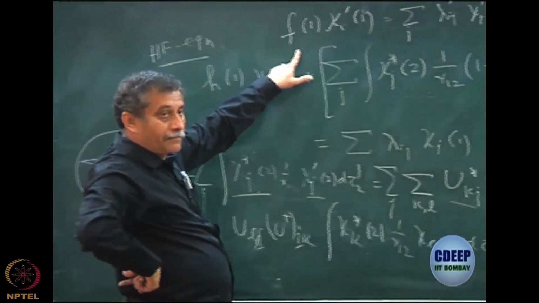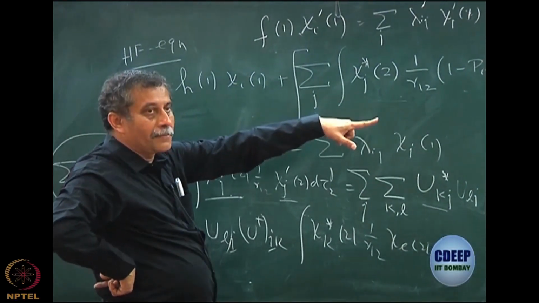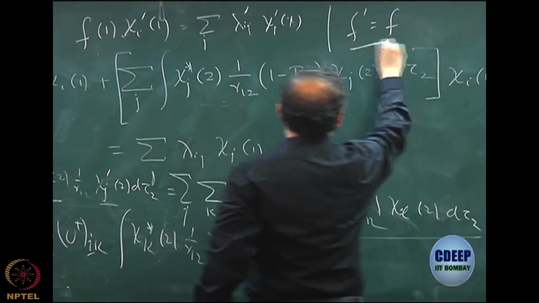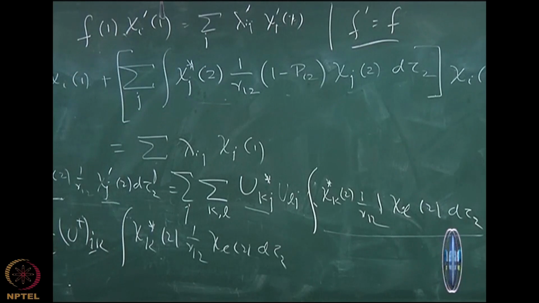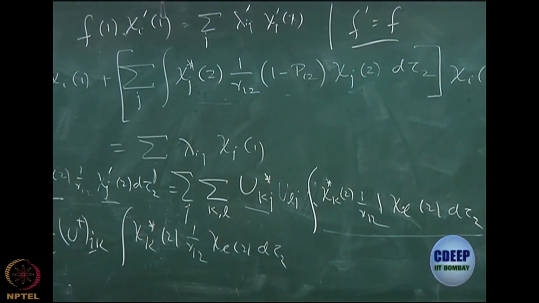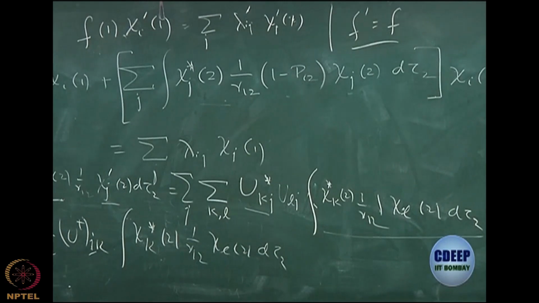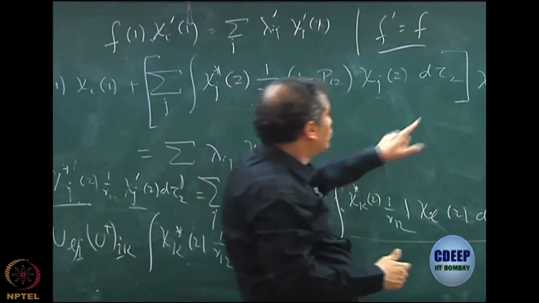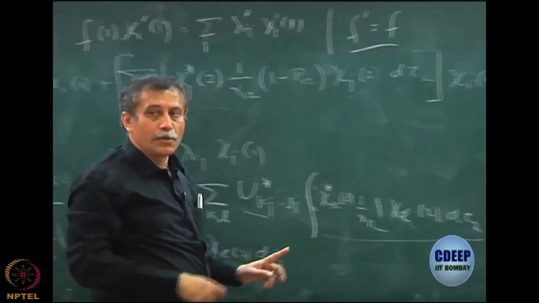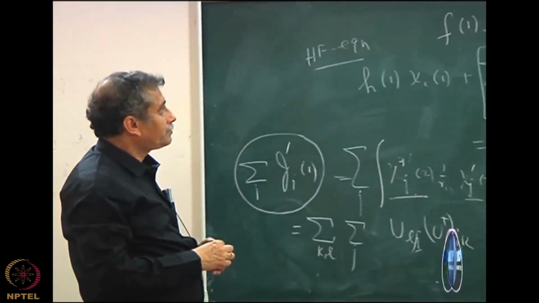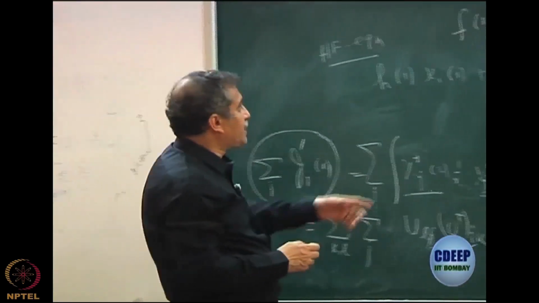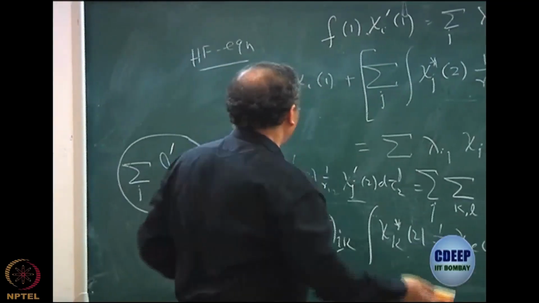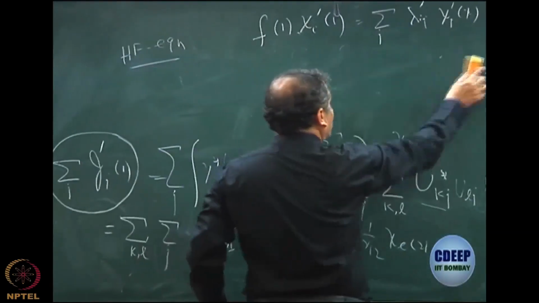I am not writing f prime. Remember, because I have just now showed that f prime is equal to f. So if I transform the spin orbitals by a unitary transformation, the Fock operator remains invariant. Only the orbitals will change. So this change I have already taken care of. So I am only now doing this change of the chi I. So, new chi I, I will get a new chi I. Now, you will very easily see why I chose lambda as lambda prime and what will happen to this, and this is where the canonicalization has a meaning. So, let me now